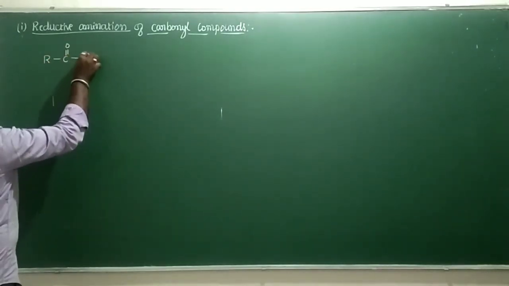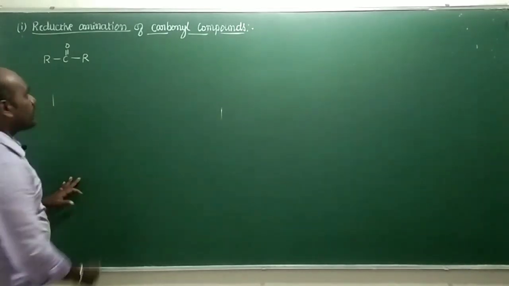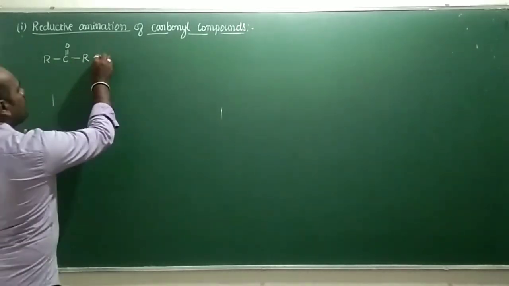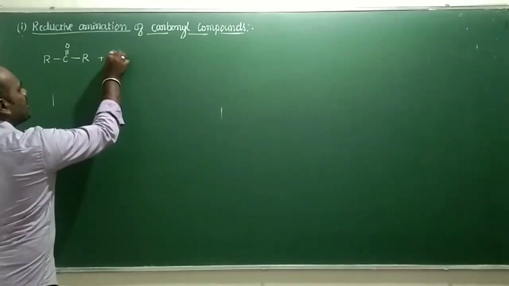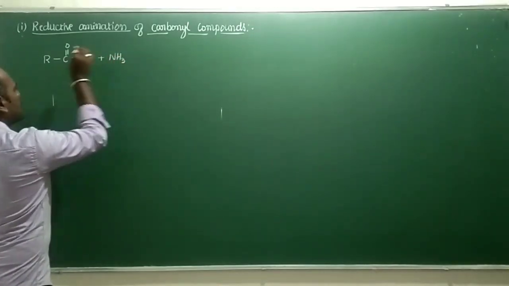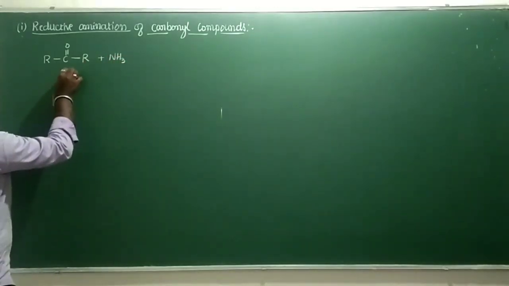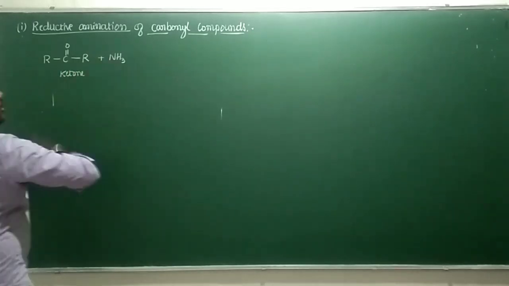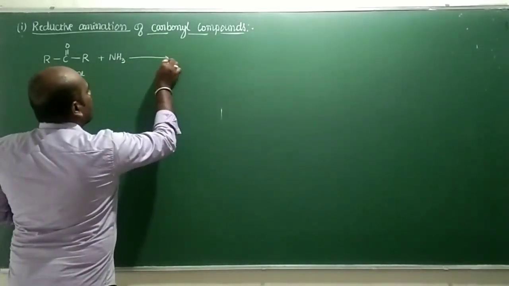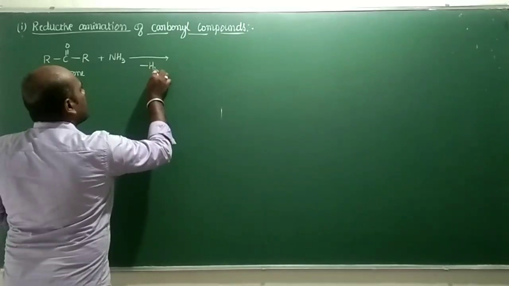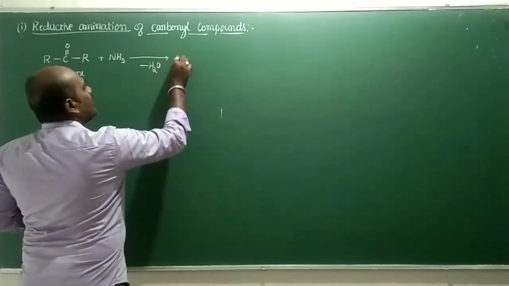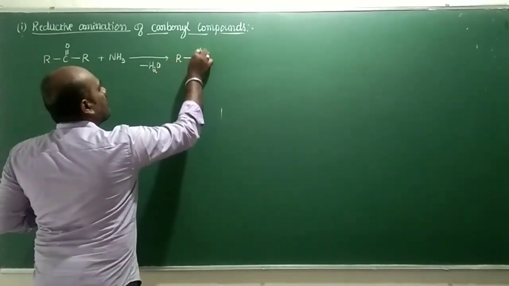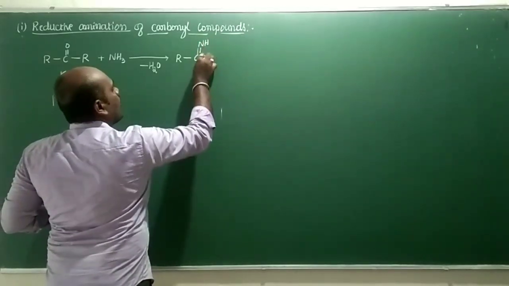Here we have taken the ketone, and if you subject this ketone to reaction with ammonia, a ketone on reaction with ammonia, with the elimination of 1 unit of water molecule,